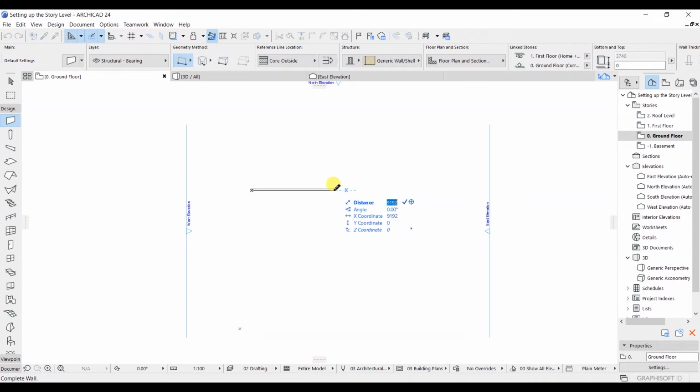Okay, so now let's say that I will set this distance to, let's say 4000 mm, that is 4 meter. And if I just simply select that one, you can clearly see that we have successfully modeled a wall of 4 meter here, as you can see here. So in this way you have to model the wall.